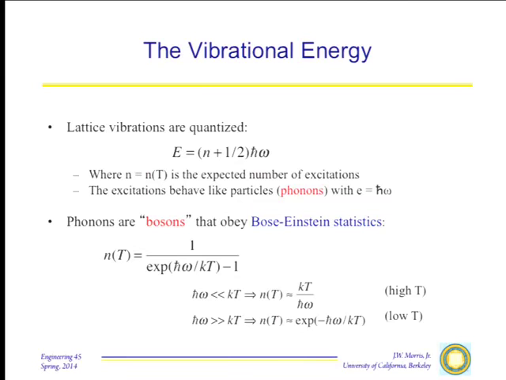And suppose our temperature is such that kT is much, much greater than h bar omega. The thermal energy is much, much greater than the vibrational energy. When this is true, you just plug into this equation, use the expansion of the exponent, 1 plus h bar omega over kT, minus 1, and n of T turns out to be just kT divided by h bar omega. So when I'm at high temperature, and high temperature means that for the phonon I'm interested in, kT is much greater than h bar omega, the number of excitations is just kT over h bar omega. When I'm at low temperature, when h bar omega is much, much greater than kT, for the